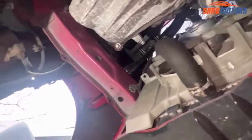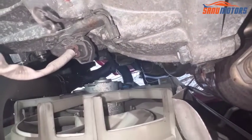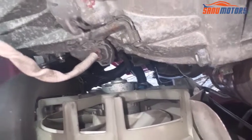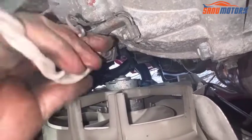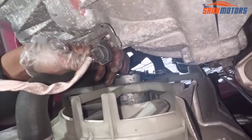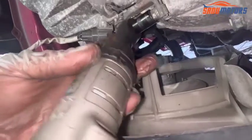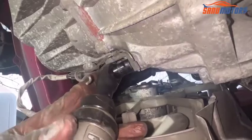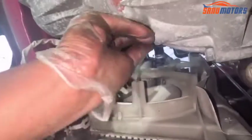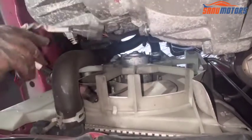Right, after that we need to remove the sensor bracket. That one is 12mm. I'm going to remove that one. I can't reach the nut because of this clip. I'm going to remove this connector. Right, now it's out, but however I'm going to remove that one. Otherwise, once I remove the gearbox, it's going to be a bit of a hassle. The bolt also I'll leave like that. Right,